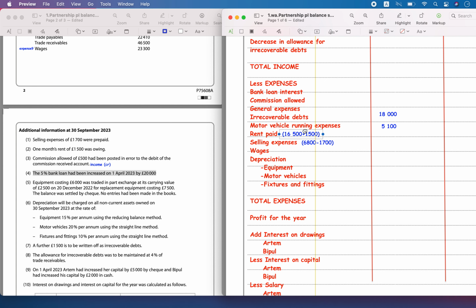This was selling expenses and rent paid. Okay,